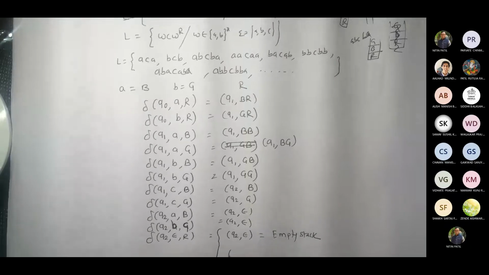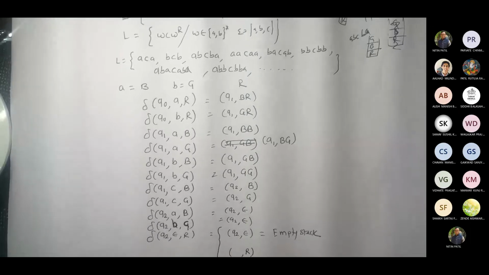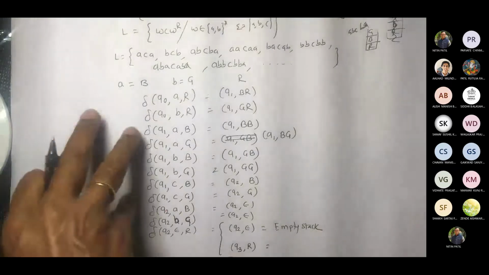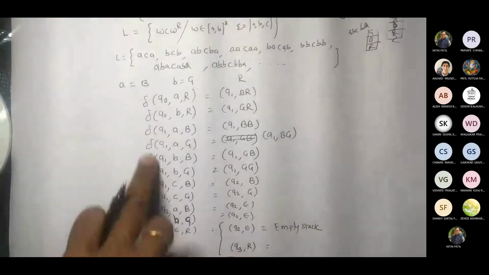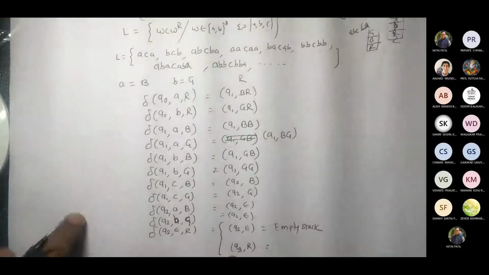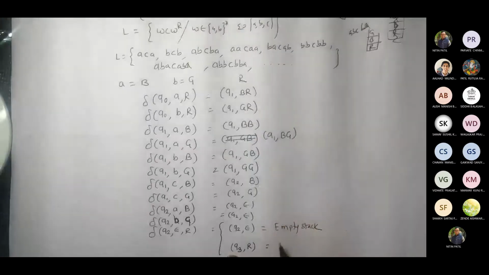Now if it is final state, you are not going to make any change in the stack. You are going to keep R as it is, but you are going to write some state here. So it could be Q3, for example. In that case, this Q3 will act as the final state. So capital F in this case would be, look, I will write the scenario for PDA here. This is delta, the whole thing is delta. I will write the other 6 elements here for final state, and for empty stack I will write here. Okay, this is through final state.